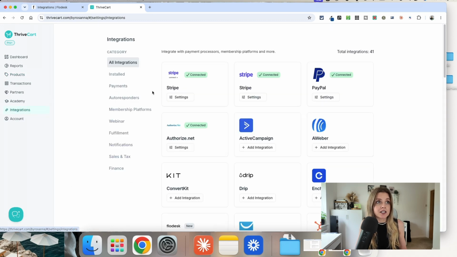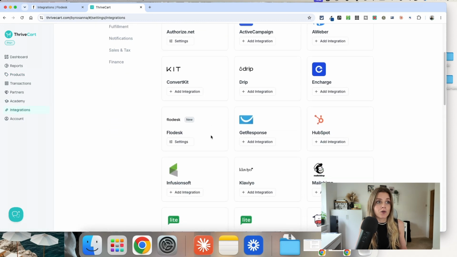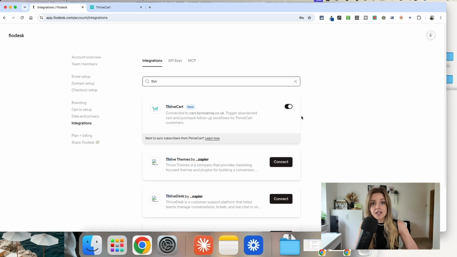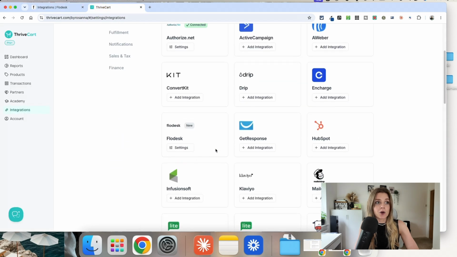So go into integrations in Thrivecart and just search for Flodesk. You should see it here, and it'll give you the option to add integration. Again, that will open a pop-up asking you to log into Flodesk to connect the two tools, and you just follow a couple of steps in that pop-up to authorize them. Once they are connected, and you can see this is switched on and connected,